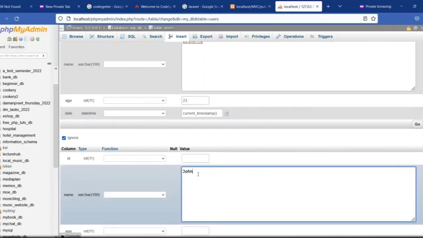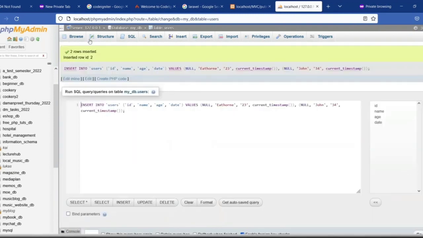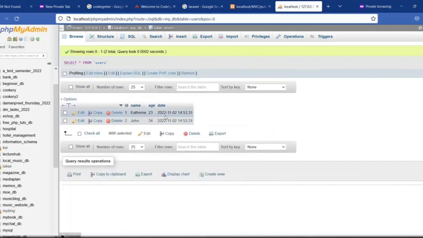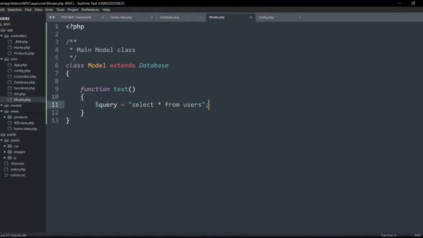And then let's put John, and let's put an age, and hit go. So now it shows you the query that it will run in order to create that, which is nice about this. So if I go to browse, you see there are 2 records here, which is nice. So now if I try to, in the model, I say query, and then I can eventually do this and say result is equal to